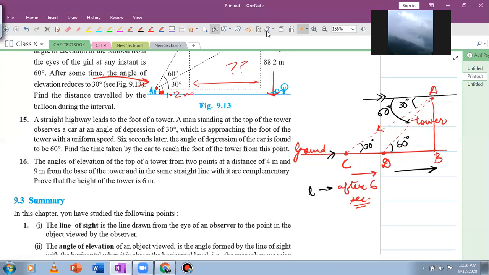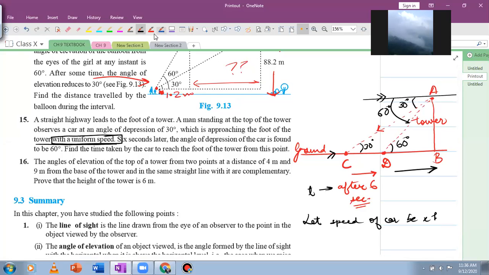To begin with this question, we are going to consider that the car is traveling with the uniform speed. So this is what I'm going to start with. I'm going to let the speed of car, because the time taken will actually depend on the speed of the car and the distance covered by the car. Distance can be calculated from the triangle, but without the speed, you cannot find out the time. So we will be taking the speed of the car. So let speed of car be x meter per second.